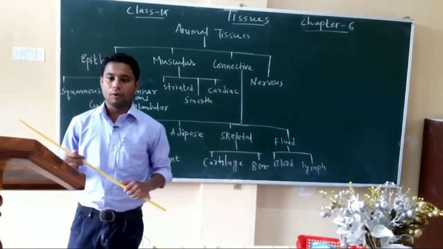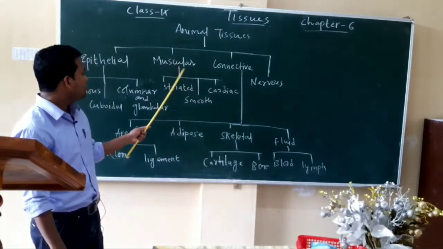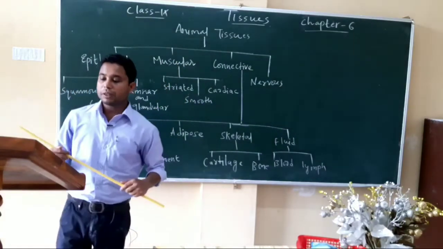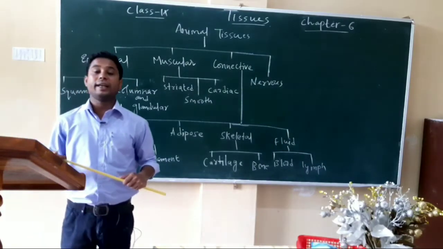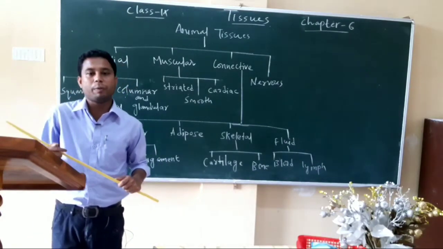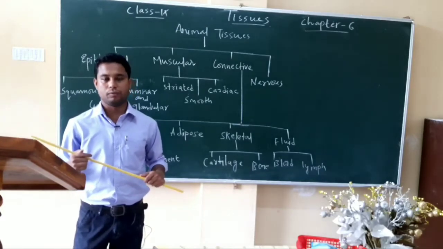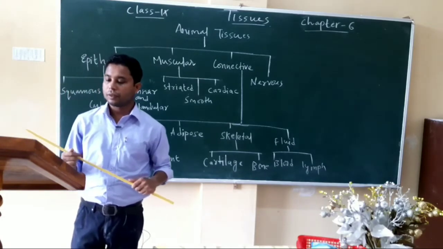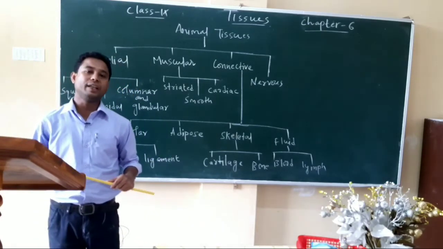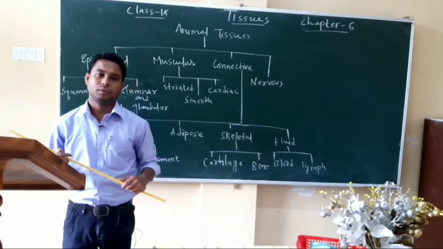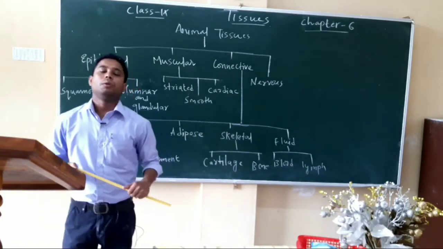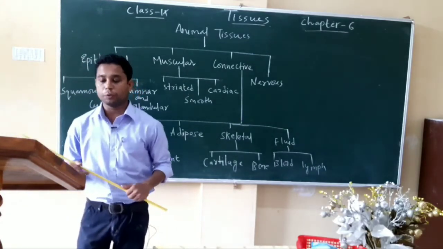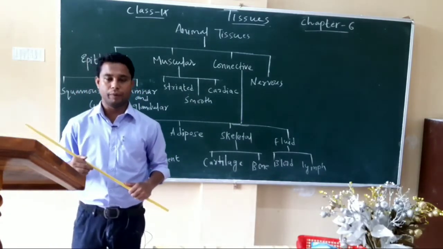Now, the next type of muscles are smooth muscles. Smooth muscles are also known as unstriated or involuntary muscles. So, what do you mean by involuntary? Which is not in our control. Involuntary muscles are not in our control. So, movement of food in the esophagus and alimentary canal, opening and closing of tubes are involuntary movements.